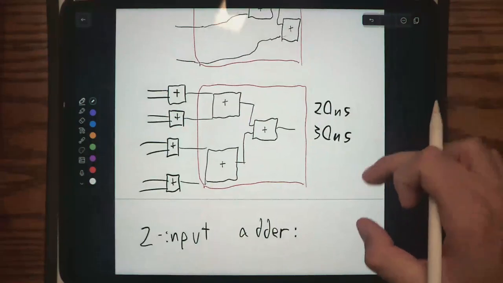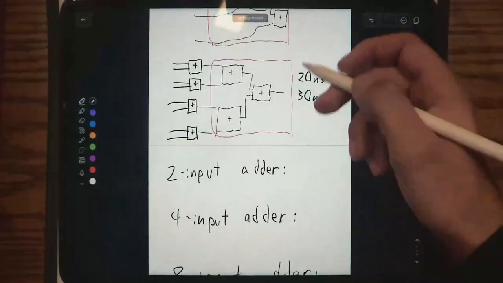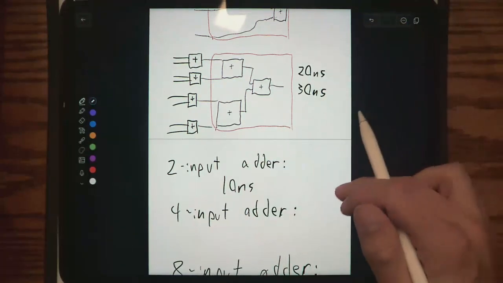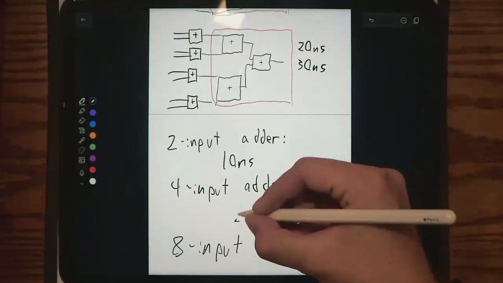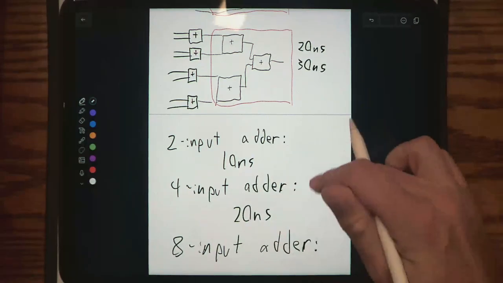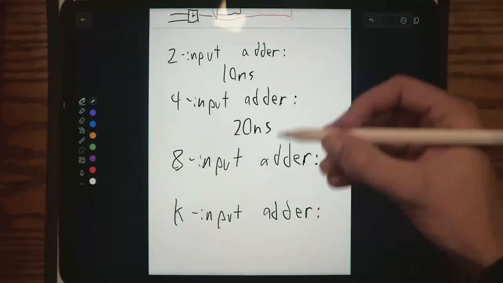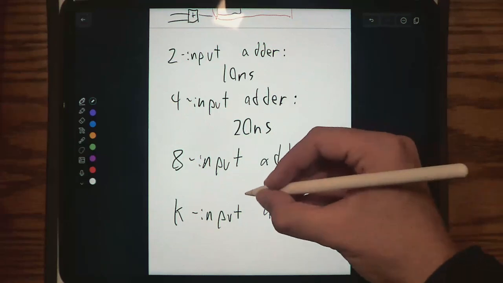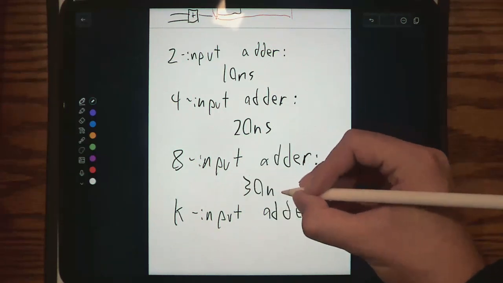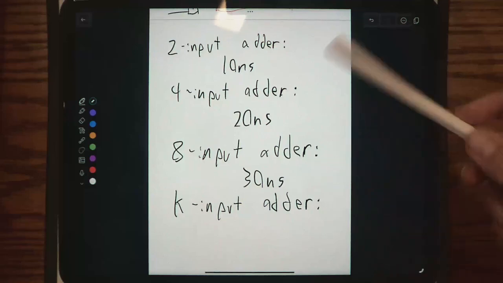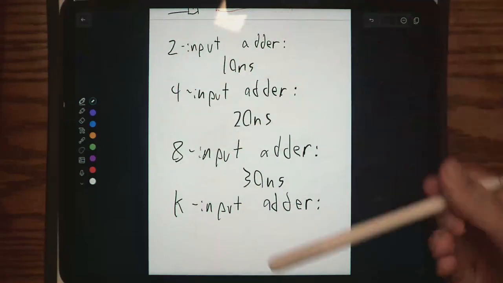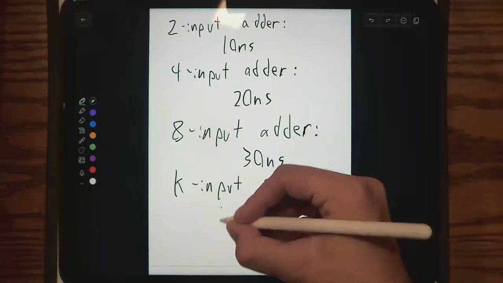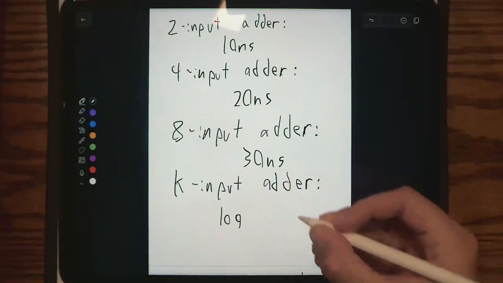Okay, so for a 2 input adder, we're assuming that it's 10 nanoseconds. For a 4 input adder, now it is 20 nanoseconds. For an 8 input adder, how long was this? 30 nanoseconds, yeah. So it looks like it increases with the log, specifically log base what? Yeah, log base 2 of k